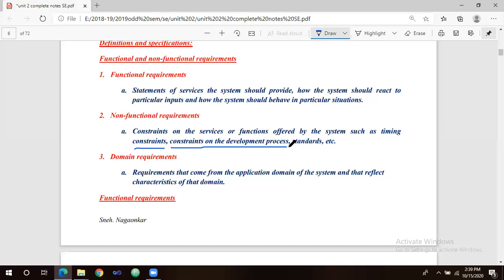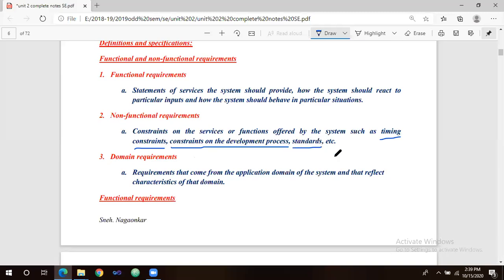Development is all about designing and coding. So what are the different constraints that may arise during designing and coding? Such as finalizing the software and hardware architecture, or finalizing the time for the completion of your software, finalizing the domain, or finalizing the tool which you have to use, or finalizing the number of employees, or finalizing the team members, right? Then standards, so this is also one of the constraints.